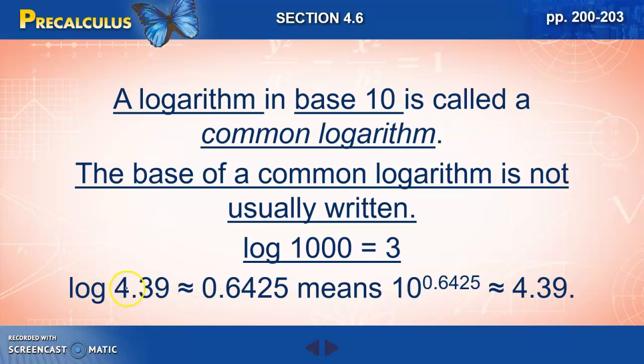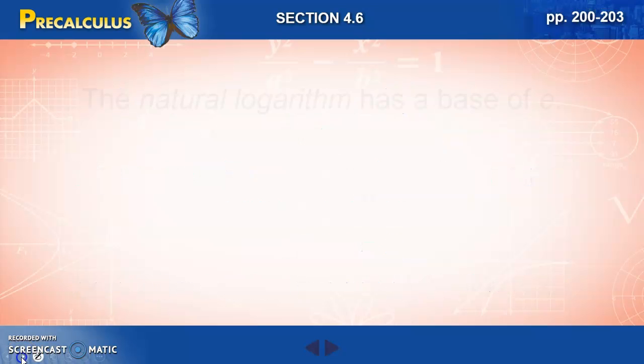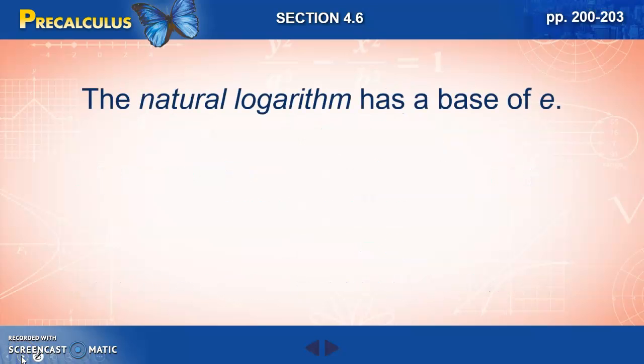So we talked about how a common log has a base of 10, and we have one other kind of special log here, and that's called the natural logarithm, and the natural logarithm has a base of e. Now we've seen this number before, but we haven't really talked about this number. So e is an irrational constant. It's an irrational number. It's approximately